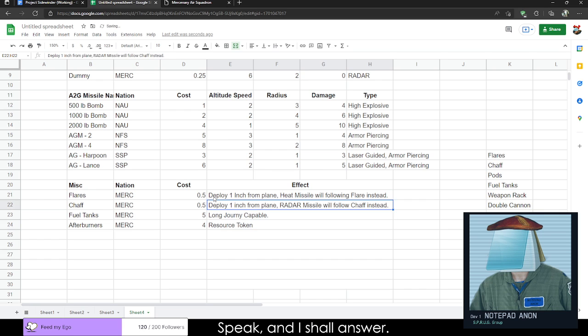So what I should do is mark this as resource token, comma, actually resource token period, because resource tokens go away when they're used. That's kind of the thing. So I need to mark this. Fuel tanks are just like, actually,